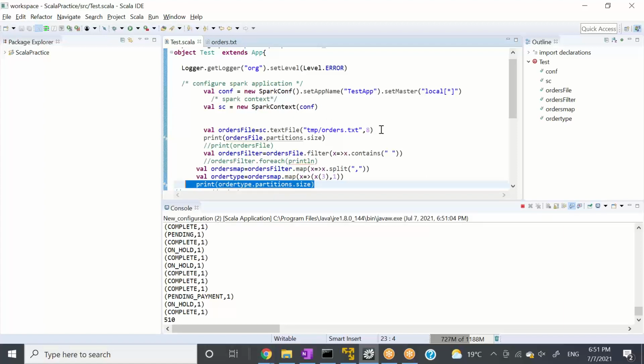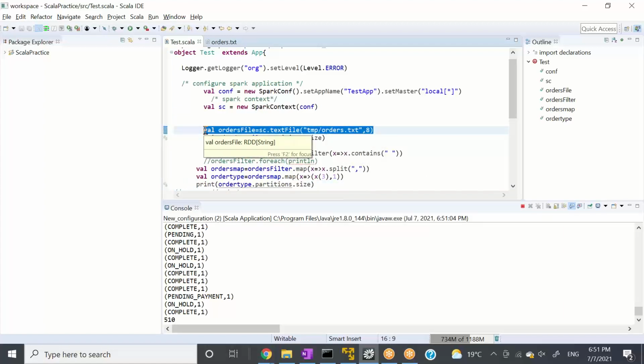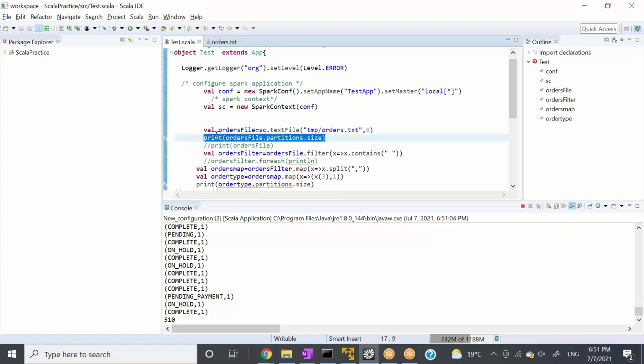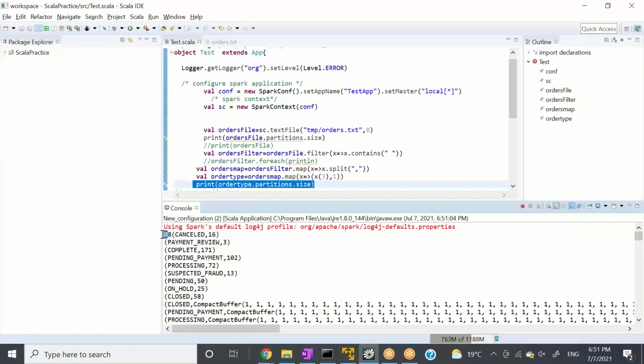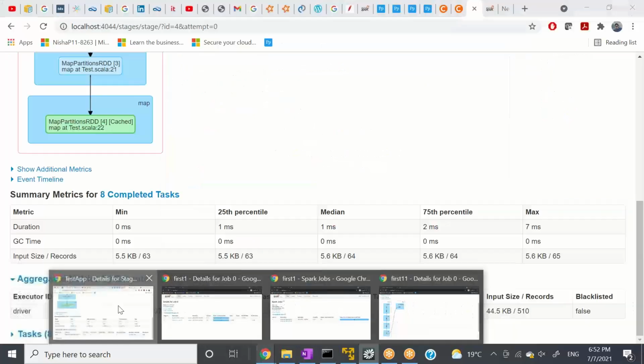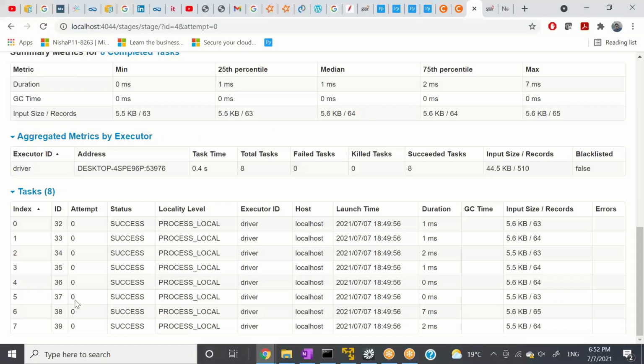So this is again a very good example. I have created one RDD with 8 partitions. Here I have printed the file partition size, right? Then I did filter, I did mapping, I did a lot of things, and I printed the partition size again. So when we go to the top, my original partitions were 8, and my latest partitions after mapping and filtering are 8. So it means when we do mapping and filtering, the number of partitions is not impacted, right? And then when we go here, number of tasks is equal to number of partitions. Things are very simple, right?